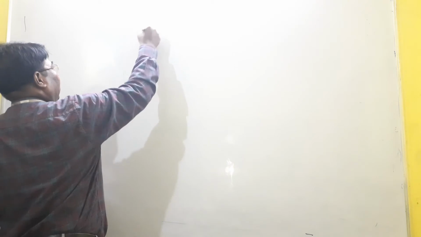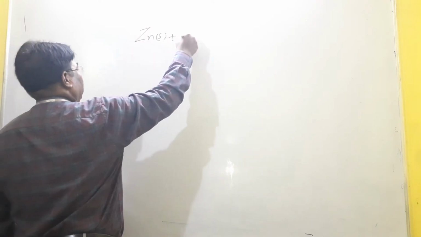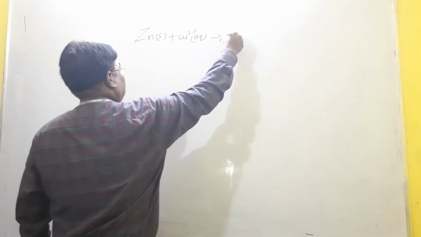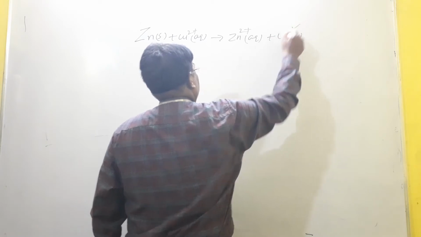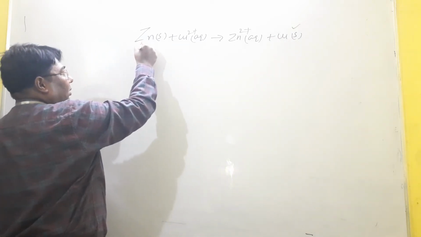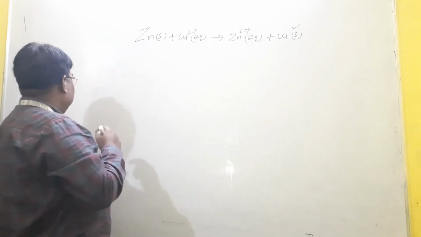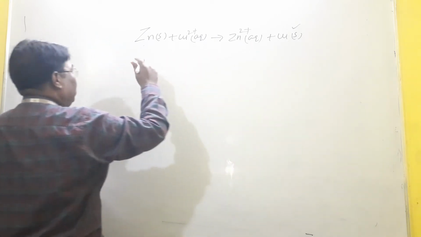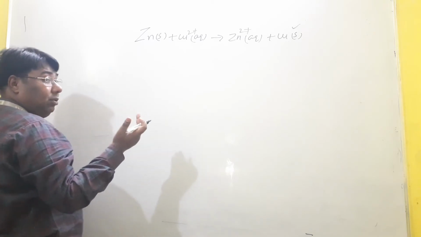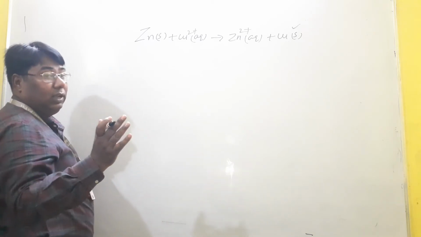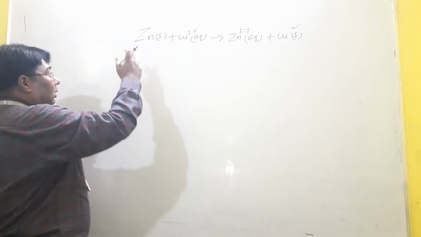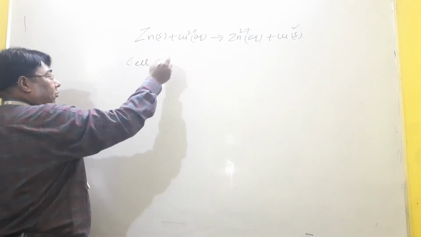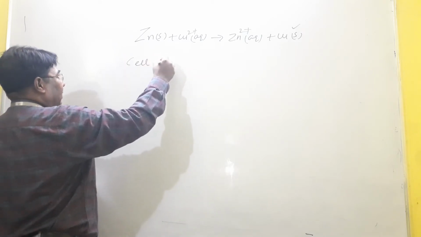we write a cell equation. For example, in the galvanic cell, Zn plus Cu2+ ions form Zn2+ aqueous and Cu solid. In this, zinc undergoes the process of oxidation, copper reduction. So, how would you write down the cell equation? Try to understand how we write a cell equation. The cell equation for the above given cell reaction is: